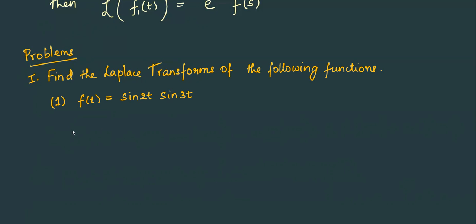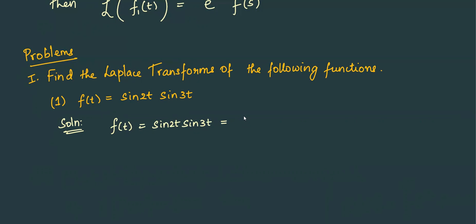How to do this? We know it for sine t and cos t, but we don't know it for a product. So the natural logic is to convert the product to sums, using the sine c sine d formula. So f of t, which is sine 2t sine 3t,